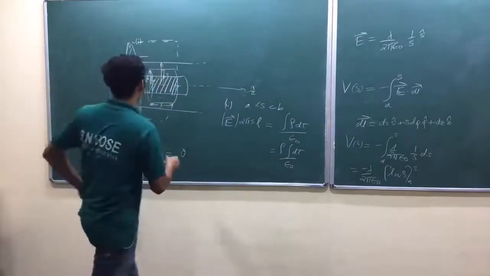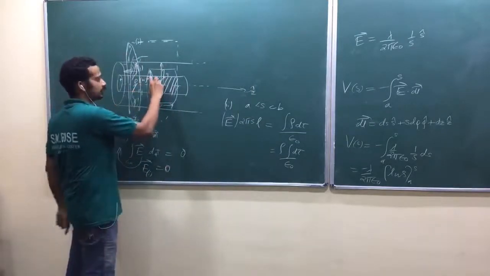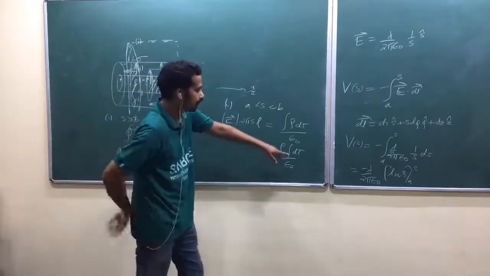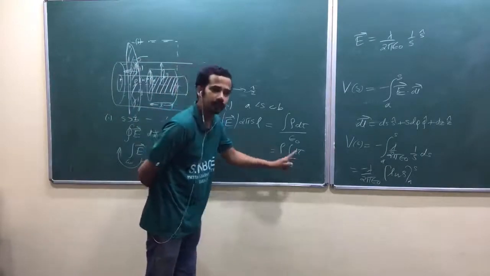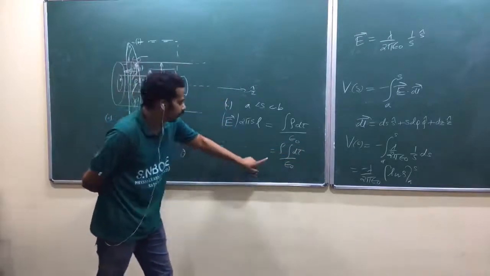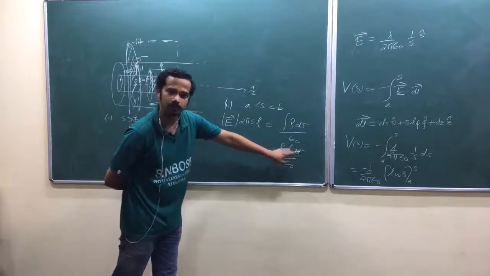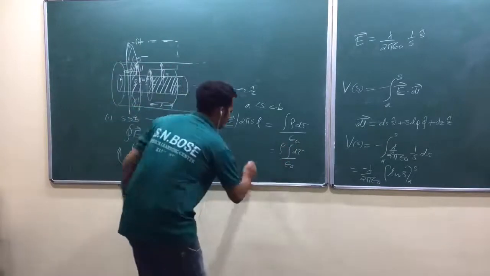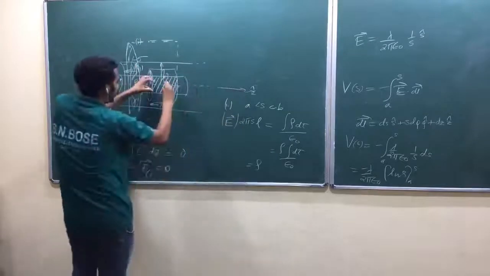So what is integral of d tau? What is the volume of this region? Radius A, length L. And don't go for coordinate geometry again. Even if you go for coordinate geometry, you will get the same answer. Okay, write it directly. Only if this is a function, you have no choice. It will come out now. Look at here. That's why rho into what is the volume of this region?